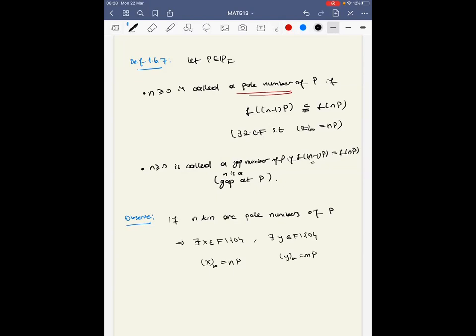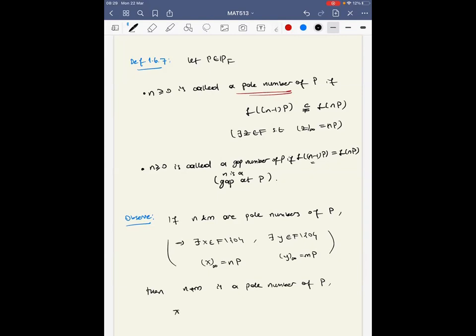And now our claim is that their sum is also a pole number of the same place P,